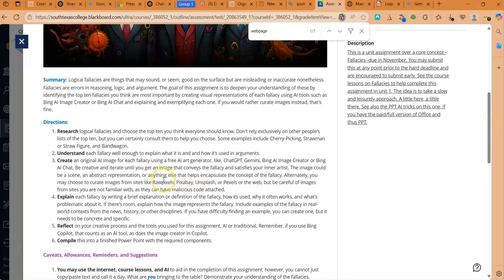And for each one of those slides or fallacies that you choose, you'll either be creating an AI image that symbolizes or goes with that in some aspect, or you'll be curating and searching the internet to find images that go with that, and then you'll be explaining some things that I ask you to include on the slide